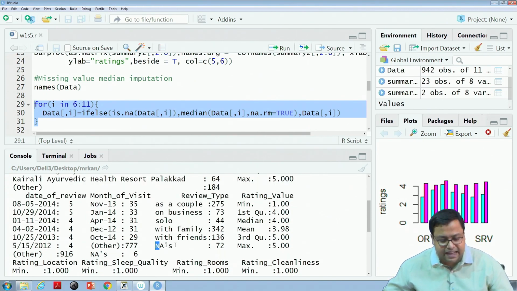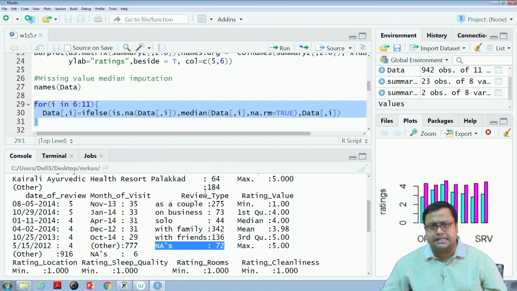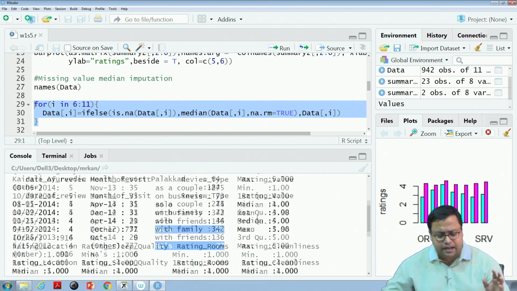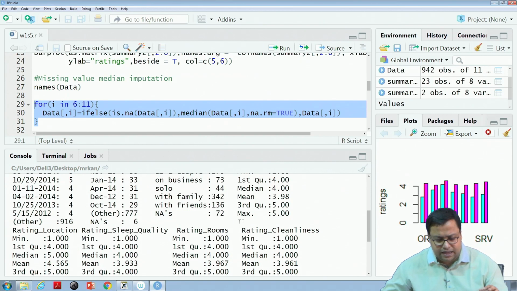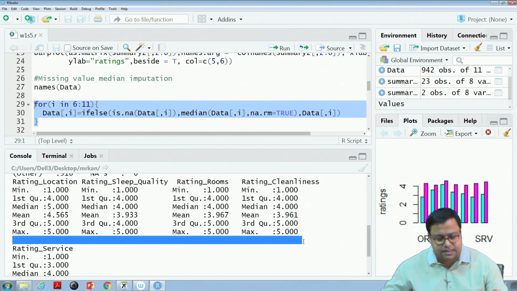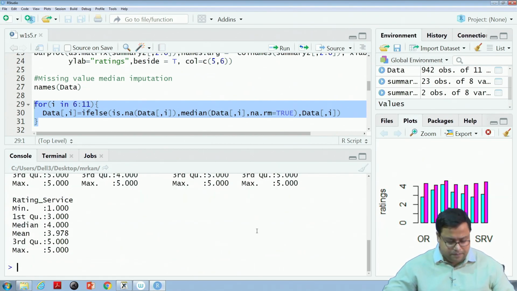Here there is an NA, but this is review type, which we have not touched. We have touched the last 6 attributes. There were some NA values, because is.na gave you true in some cases, but right now I have removed them. So, no NA is coming in any of these, which means all the NA values have been replaced.